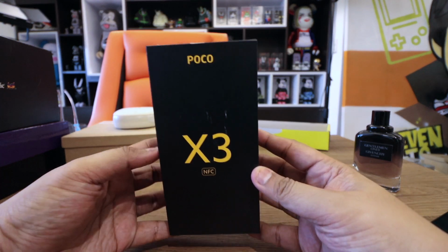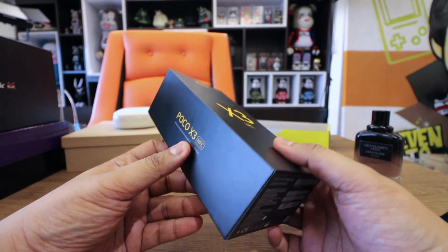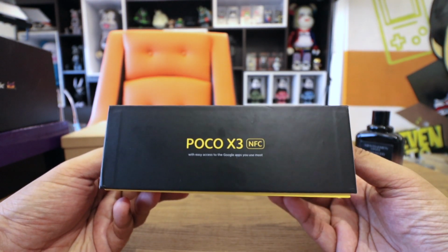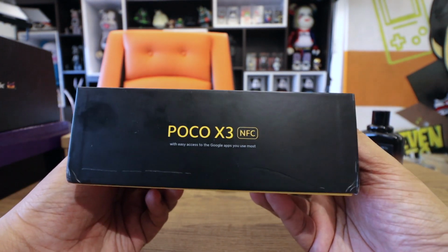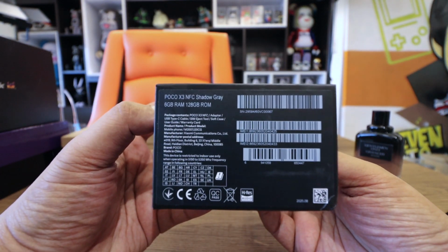Let's get right into it. This is the Poco X3 NFC, sells for around 10,000 pesos. You can actually get it from Lazada starting tonight at midnight. I am publishing this on a Monday, so 1 minute after 11:59 p.m., you can actually buy this already on Lazada. Believe me when I say that stocks for this will fly out. It will most definitely sell out in a few minutes. So if you are looking to buy a smartphone within this price range, make sure that you're awake tonight